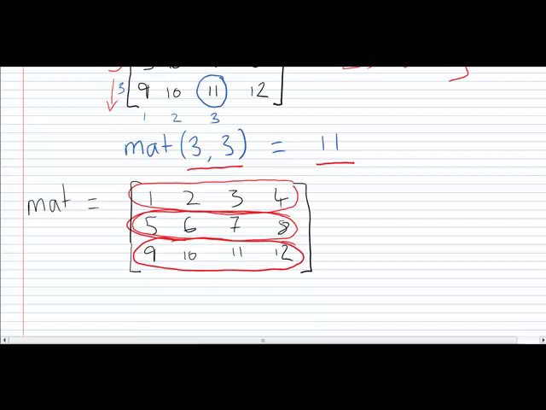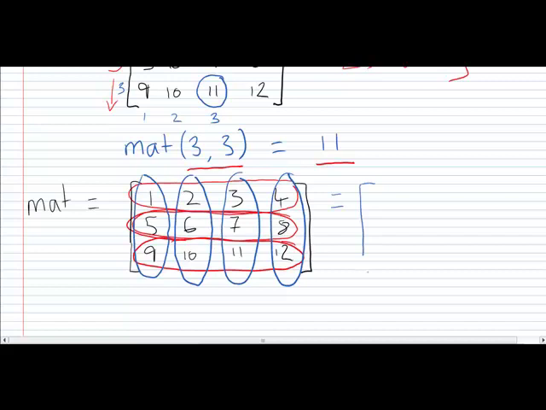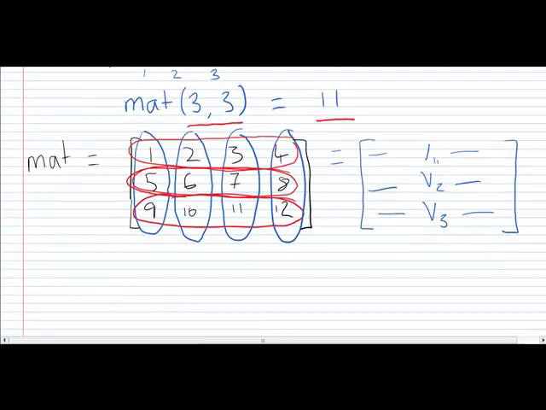Equally, we could think of this as being a series of 4 column vectors. The first one 1, 5, 9, the second one 2, 6, 10, the third one 3, 7, 11, and the fourth one 4, 8, 12. So we could think of this as being vector 1, vector 2, and vector 3, the row vectors, or equally we could think of this as being